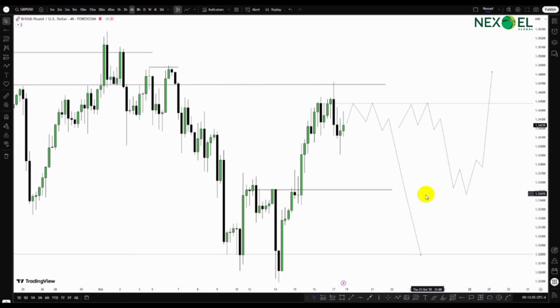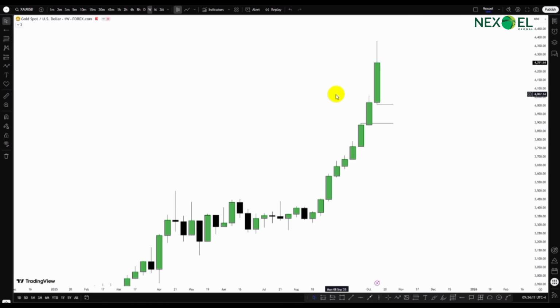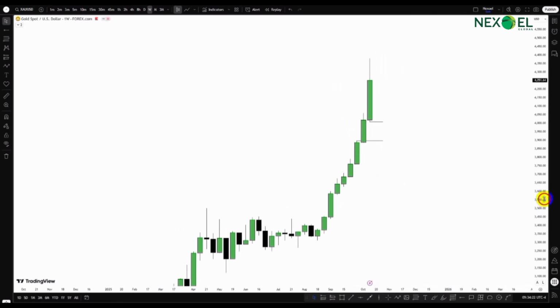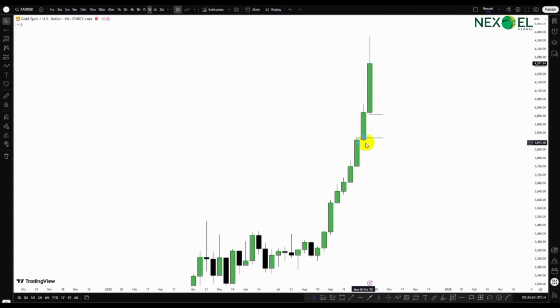Let's check out the gold pair. Here in gold, from the weekly time frame, what we can see is that gold has been bullish. Gold has just been creating new all-time highs without necessarily returning to fill up the fair value gap. So, last week we identified that we had this fair value gap. We may see the possibility from the weekly time frame, if price was going to pull back, then it was going to pull back to the weekly fair value gap